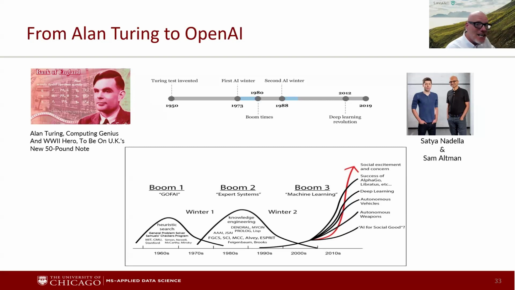Now, here's a little aside. This is just more of a little bit of my personal views. So Alan Turing was a gay man. He was persecuted horribly during his time. He was chemically castrated by the British government for being gay. How terrible. And he did so much for that country and for all of us.